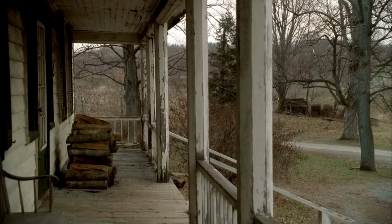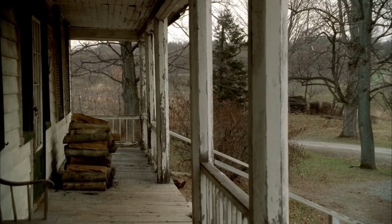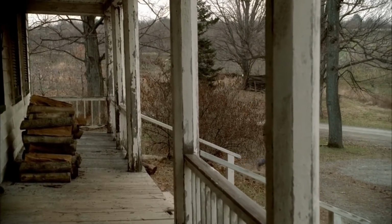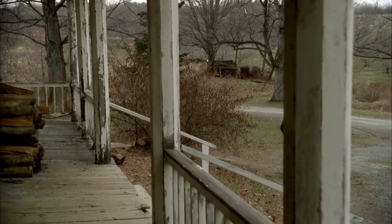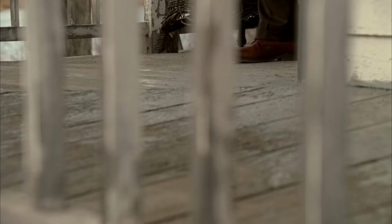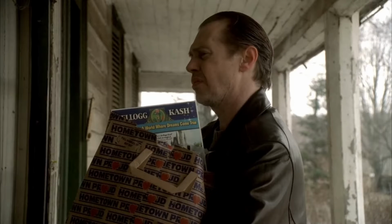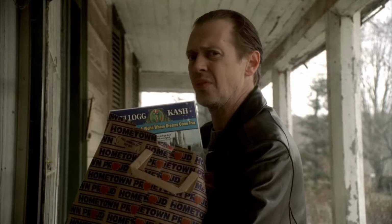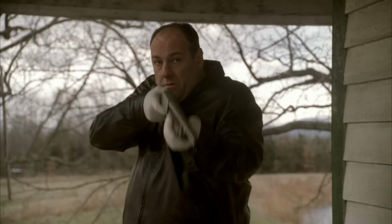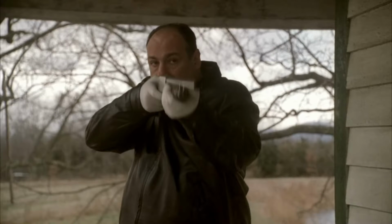And this is where I actually want to go through the rest of the scene shot by shot to show just exactly what the editor was thinking, but also how good the directing is. So first we see and hear footsteps coming around the corner of the porch. Then Tony B looks to his left, and then we cut back and have a full shot of Tony S